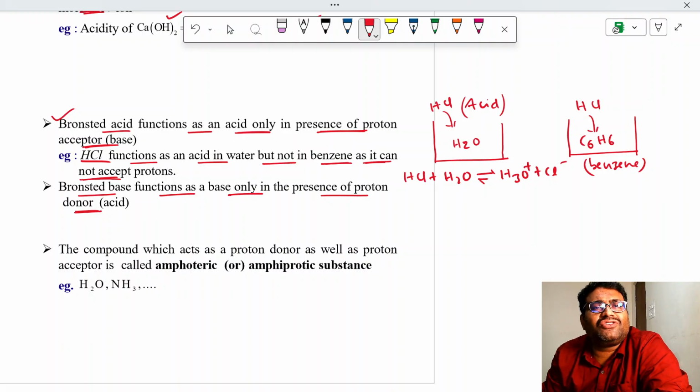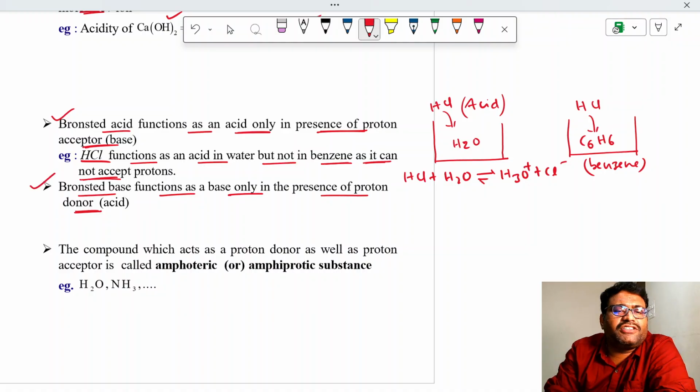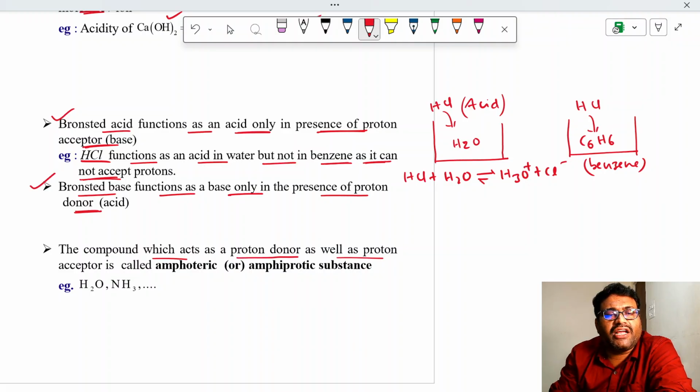If the other substance is not giving a proton, how can this substance take the proton and act as a base? It's not possible. So a Bronsted base functions as a base only in the presence of a proton donor. A Bronsted acid functions as an acid only in the presence of a proton acceptor. The compound which acts as a proton donor as well as a proton acceptor is called an amphoteric or amphiprotic